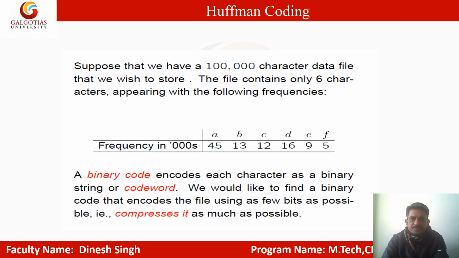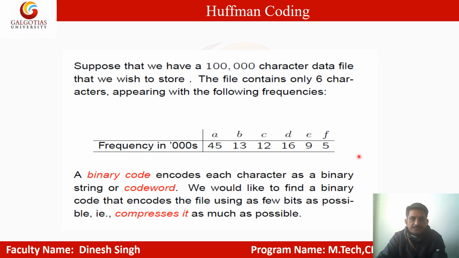Huffman coding. Suppose that we have a 100,000 character data file that we wish to store. The file contains only 6 characters appearing with the following frequencies of occurrence. This is the frequency in 000s. A is having 45, B 13, C 12. This is the frequency of occurrence of the characters. The characters are A, B, C, D, E, F, and the frequencies of occurrence are 45, 13, 12, 16, 9,